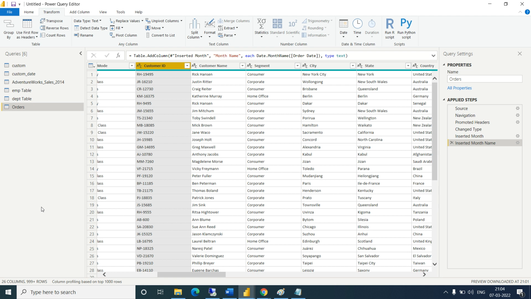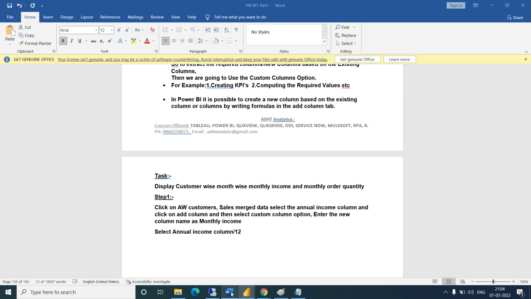Shamli? Renuka? Please repeat the question. Yeah, so my question is we need to do the customer wise, month wise, monthly income or order quantity. We don't have income in our data set, but we have quantity.